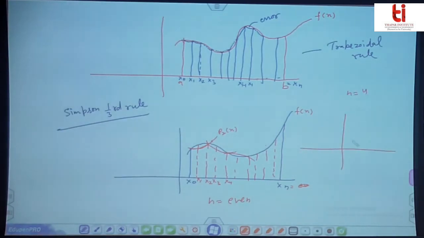Suppose this is the function: 1, 2, 3, 4. So this is x0, x1, x2, x3, x4. Sorry, the number of intervals will be even, but the number of nodes will be odd. But since we are starting from 0, the final point xn has n even. So it should be clear. So next is